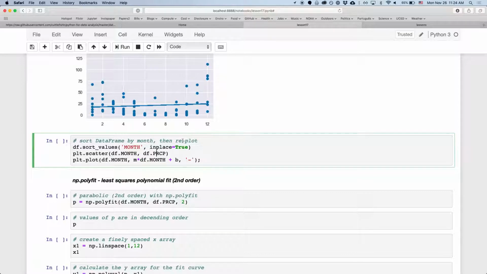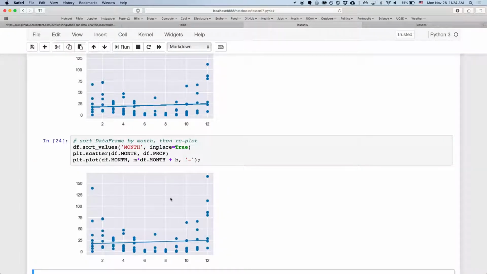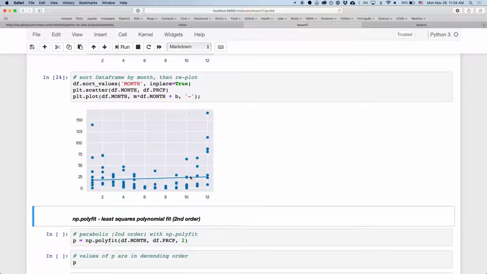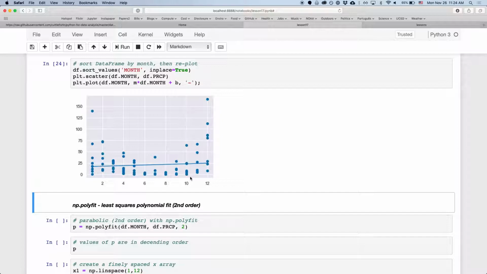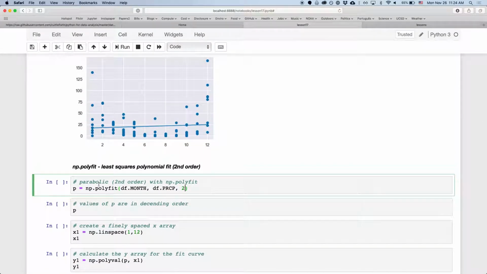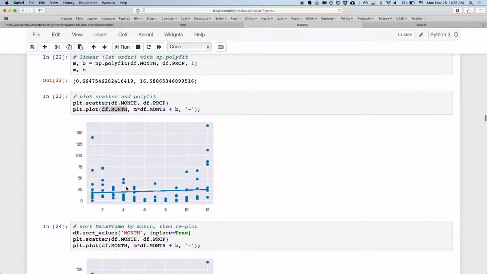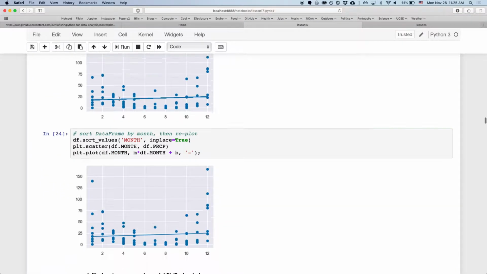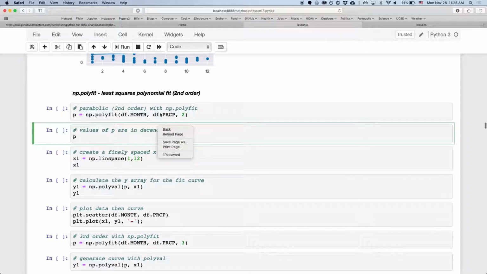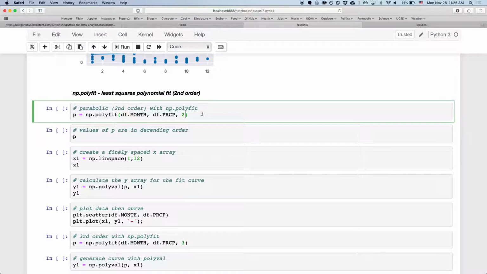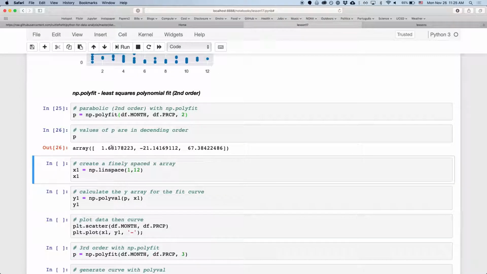If I wanted to sort by month and then replot, I could do df.sort_values by month with inplace equals True, and then replot that, and now I get a smooth line. But it still is not a great fit, so let's see what we can do with the second order polynomial. Here we're going to do polyfit, and just like before it's going to give us values, but there we just had the slope and the intercept, the two coefficients. With order equals 2, we're going to have 3 coefficients. If we view this, we have the x squared coefficient, the x coefficient, and then the x0, or